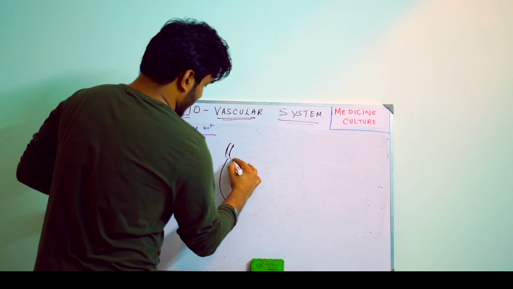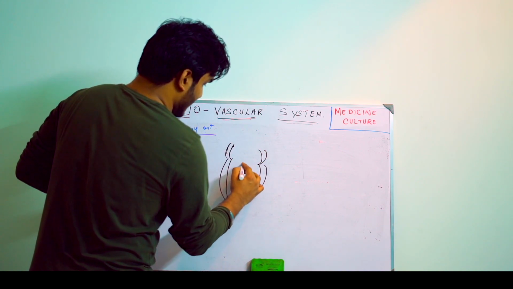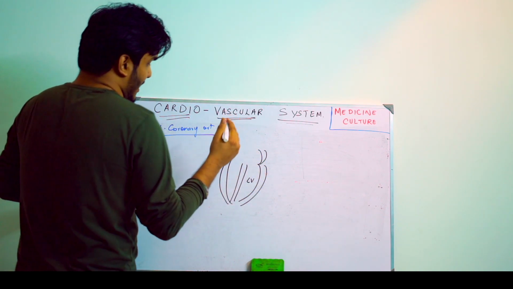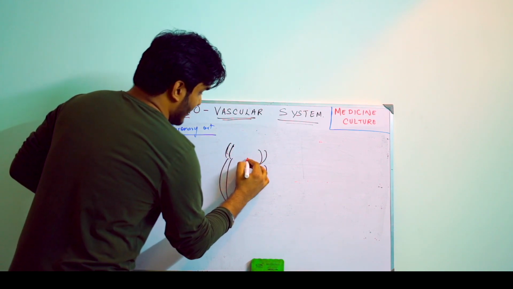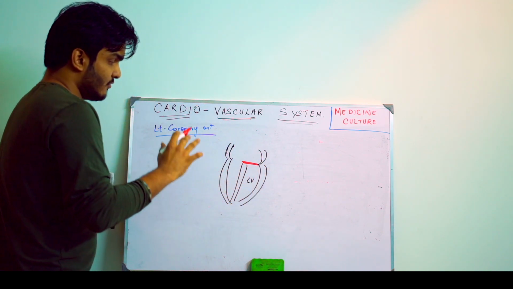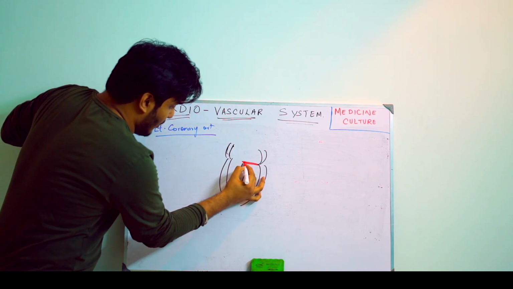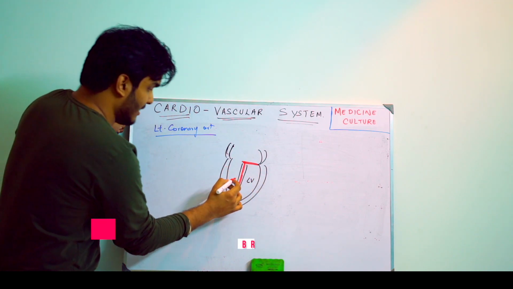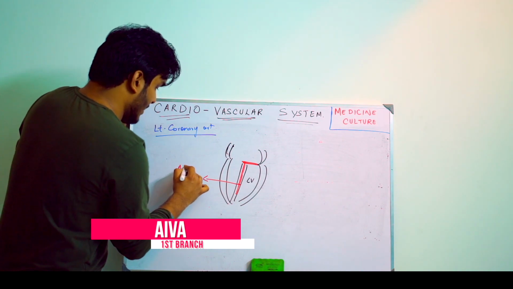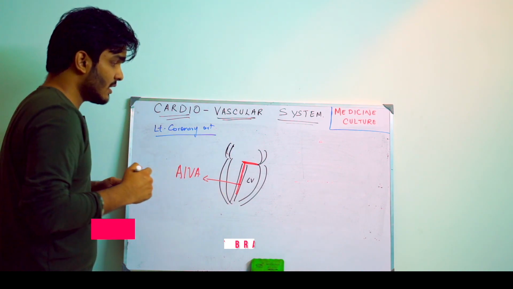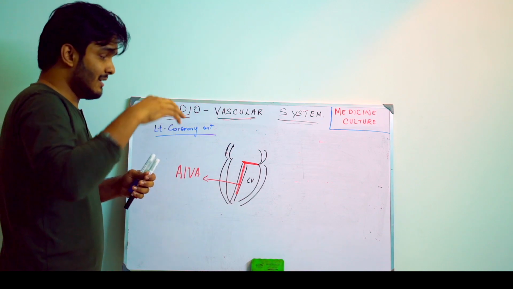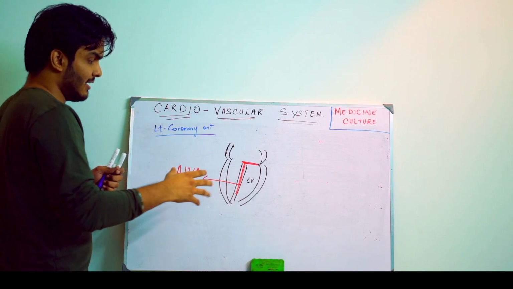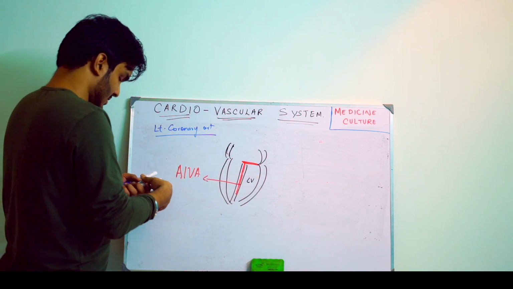This is the right atrium, right ventricle, left atrium, left ventricle, interventricular septum, left ventricle. Same way how the right coronary artery, the left coronary artery runs along the left coronary sulcus and it descends down. It gives one artery along the interventricular septum. This artery is called the anterior interventricular artery, or the left anterior descending artery. Since the artery is descending down, the name says it's the left anterior descending artery. It's on the anterior side, so AIVA.